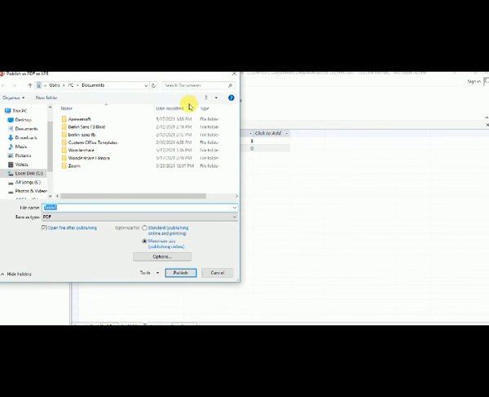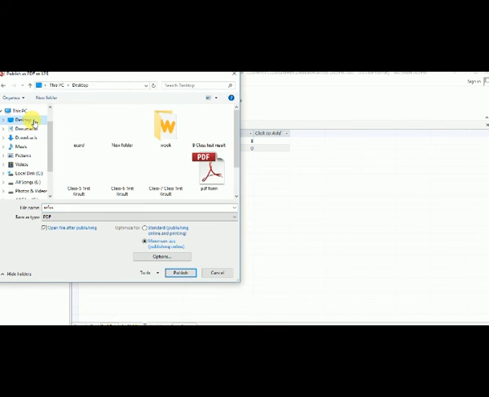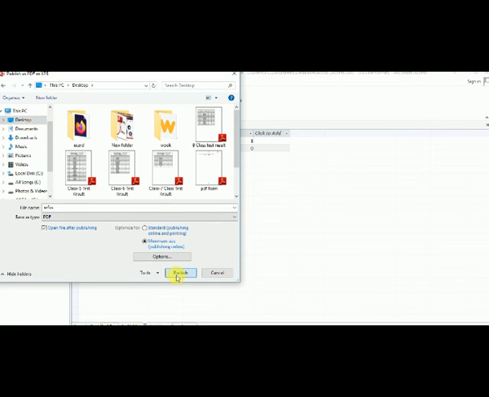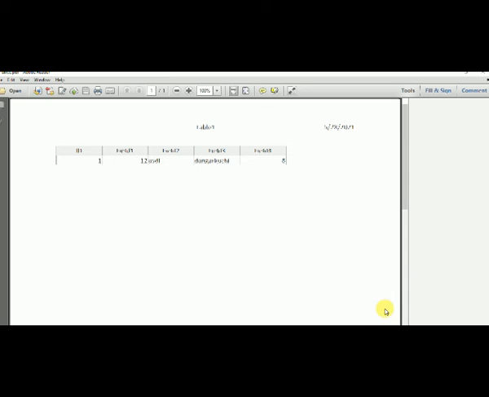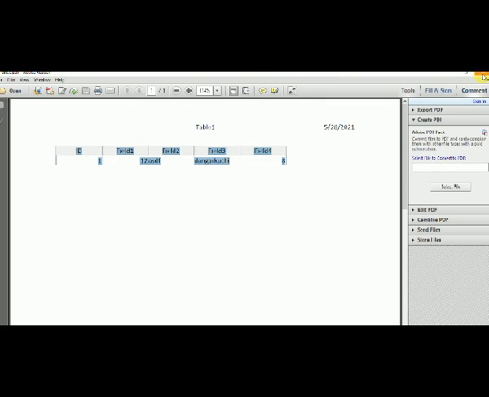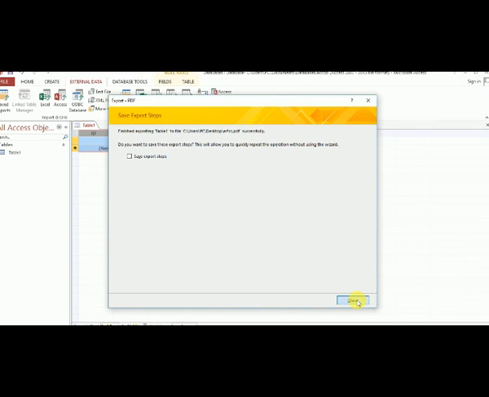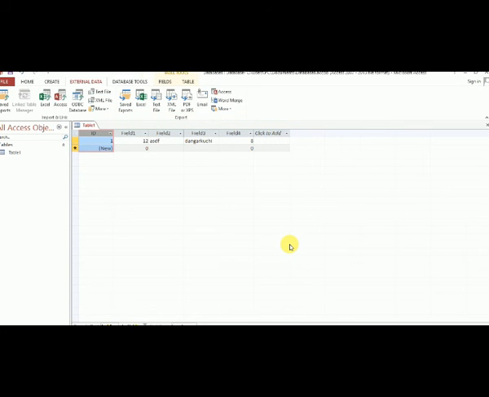After clicking on PDF, if you want to rename, suppose I use a file name, and choose your location. If you want to save, click on Publish. So you convert Access to PDF.